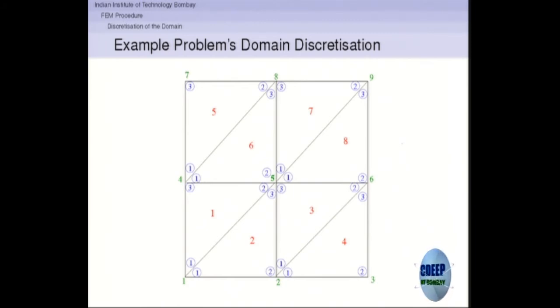Here now this capacitor problem is divided into how many triangular elements? 8, is it not? And how many nodes are there in green? 9. So these 9 are called global node numbers, right. These green ones, 1 to 9, are global node numbers, and those written in circles, the blue ones, 1, 2, 3, are the local node numbers for each element, right. And they are connected as shown there.